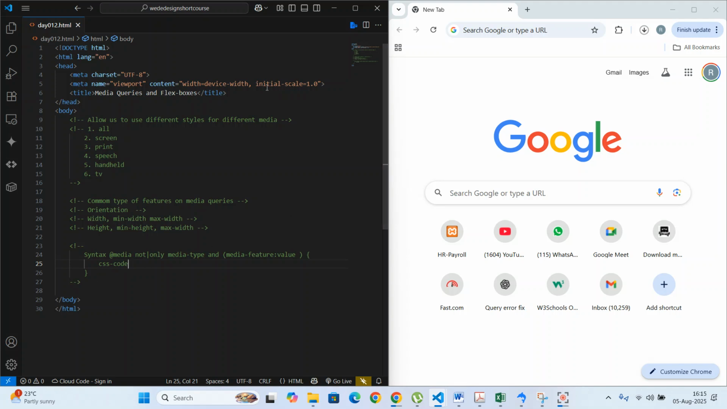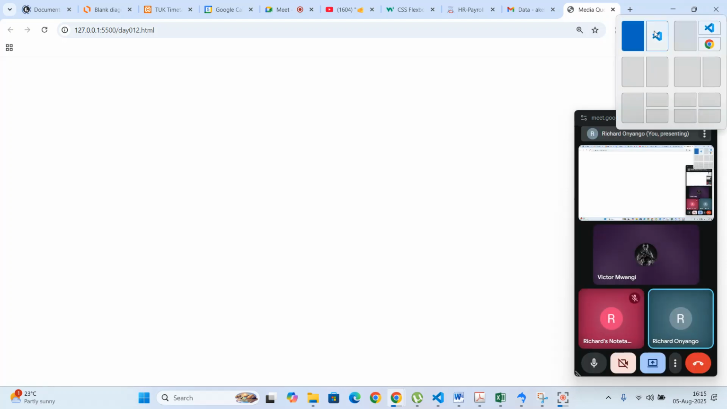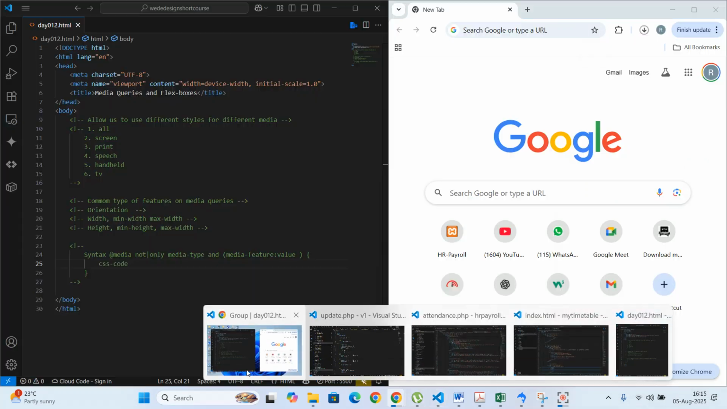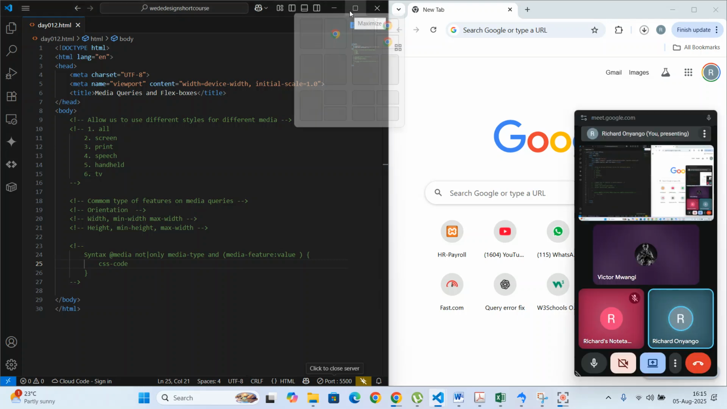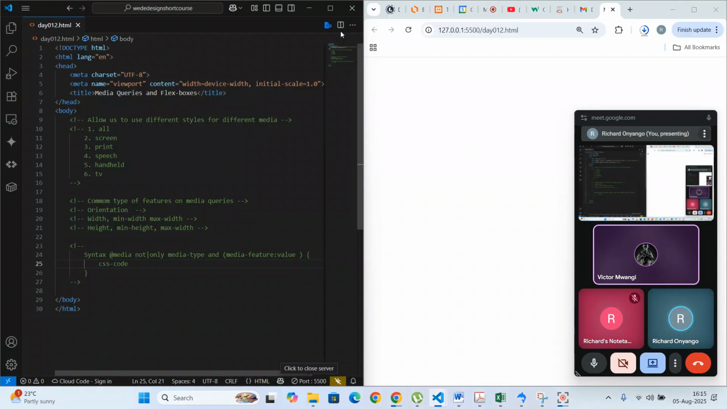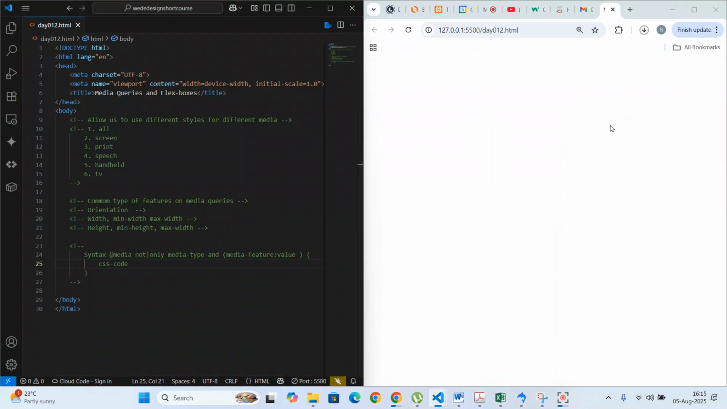So I'll just give us a classic example. So let me just run this page. Well, let me just go back to Visual Studio. So we have nothing here. So I want to show you how we can use media queries. So maybe say for example, we want to watch this on a mobile device. So what I can do here, I can create